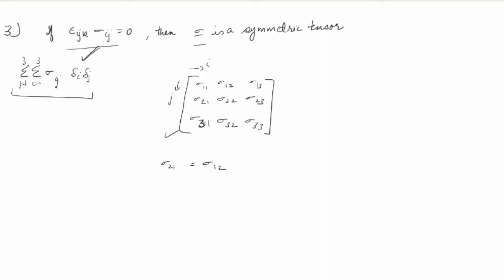Now if I have to write this in full form, then this means that sigma 21 magnitude with direction del 2 del 1 is equal to sigma 12 with direction del 1 del 2. So these magnitudes are the same when the directions are reversed. So when we are writing sigma ij is symmetric, that means that sigma ij is equal to sigma ji. So here we are reversing the direction.